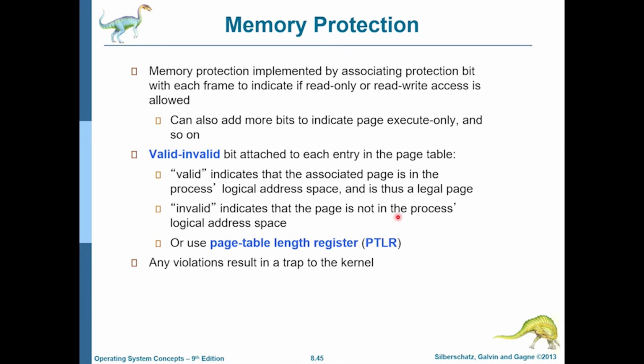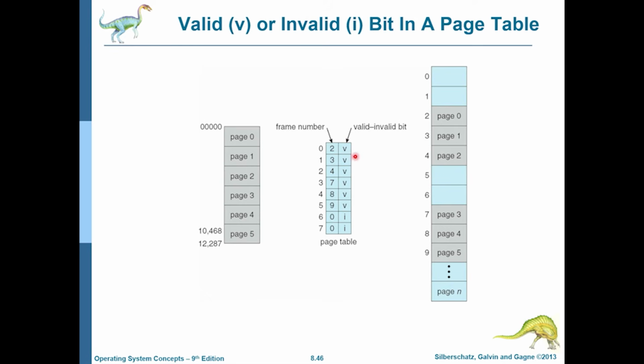And these are all traps into the kernel, and the kernel would know how to handle these. So here is an example of a page table which has page table entries that have the valid and the invalid bits set in these page table entries. Here you can see that page table entries 0 until 5 are valid, but page table entries 6 and 7 are invalid. So a process can only access memory areas from page number 0 to page number 5. It cannot go beyond that because those page table entries are marked as invalid.